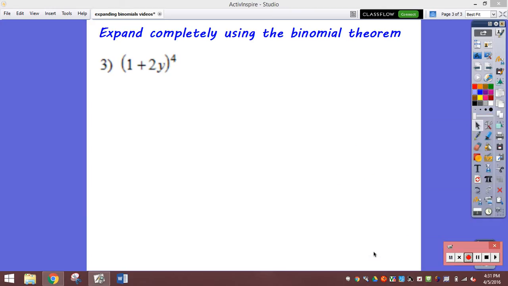Hello, this is Mrs. Taylor, and I'm going to demonstrate for you how to expand a binomial raised to an exponent using the binomial theorem. So the directions say expand completely using the binomial theorem, and our problem here is 1 plus 2y all raised